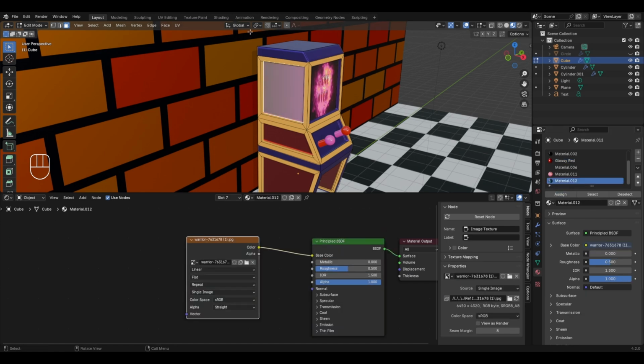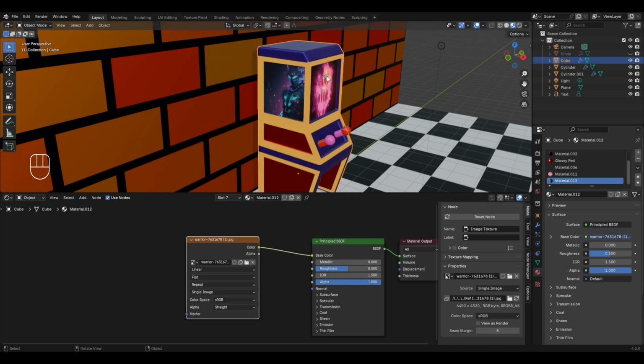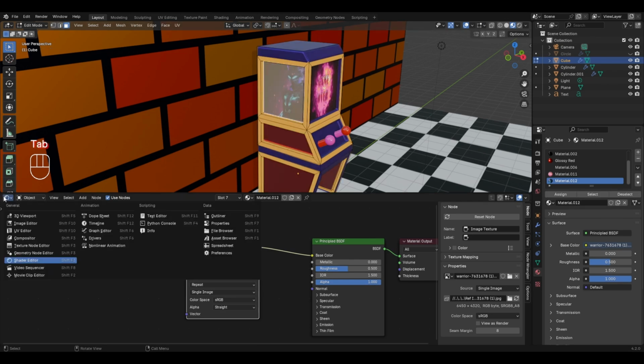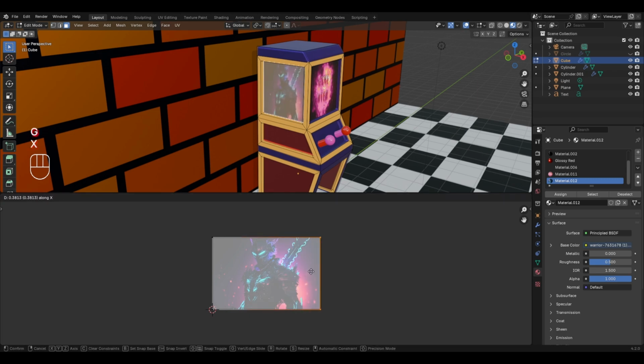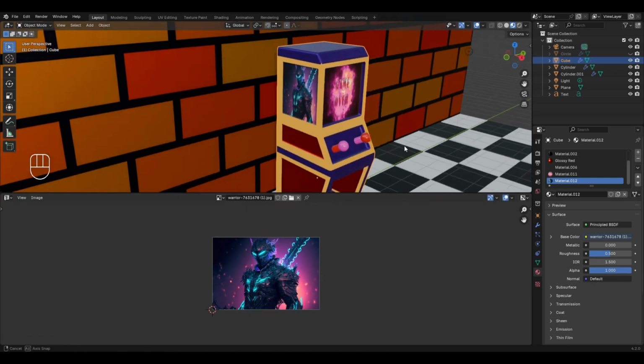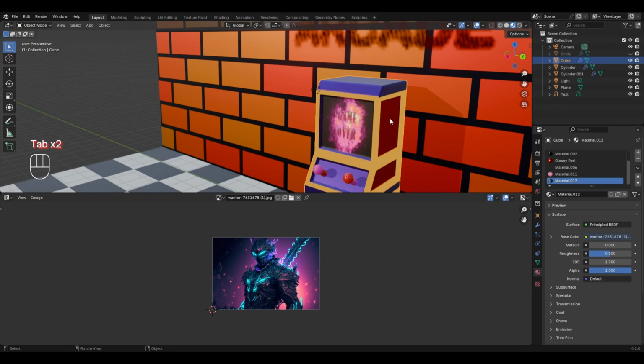After this, go to the UV menu and select unwrap, and with this we now have the image texture applied on this face. Then if you want to adjust the position of this image, go to the edit mode, and let's also change this window from the shader editor to the UV editor. Let's zoom out, select these two vertices, press G and X and move them like this. Now return back to the object mode, and in a similar way, let's also apply one more image texture for this face.